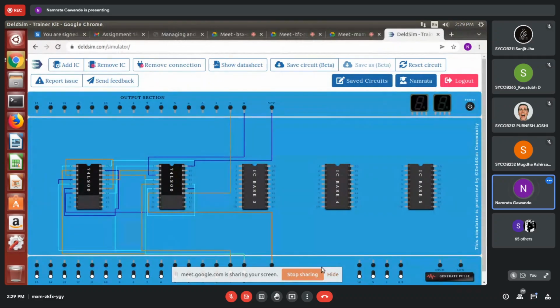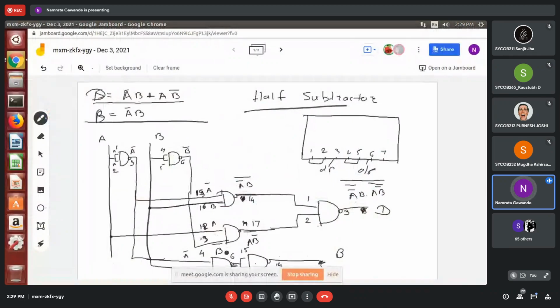So for that, this will be the same, but for this connection, that is A bar, it is connected to, we need to pass on to pin number 4.